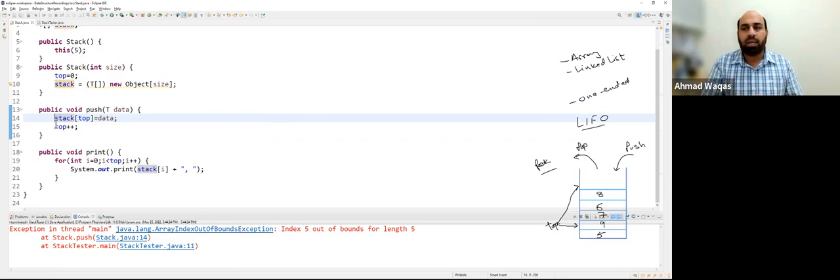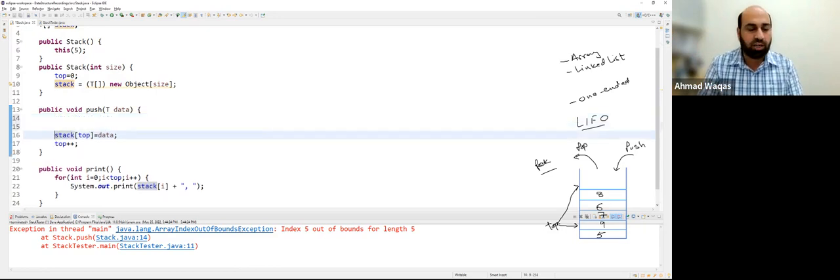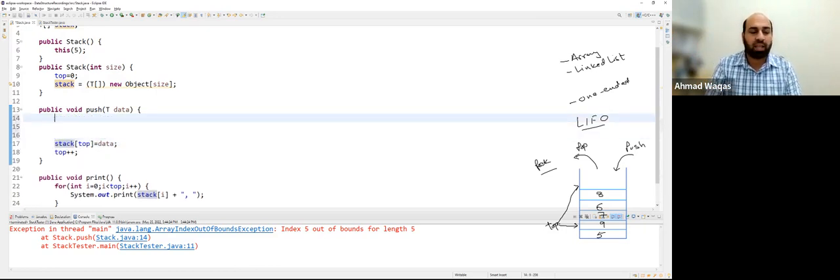But the other way is we can actually make it flexible. What I mean is we can increase the size of the stack so that we can accommodate more values. How we can do that? Let's do it here. In the push method, first of all, I'm going to check if the top is greater than or equal to stack.length. So stack is an array. So I'm checking if my top value is greater than or equal to the length of the array, right? Length of the stack. If that's the case,